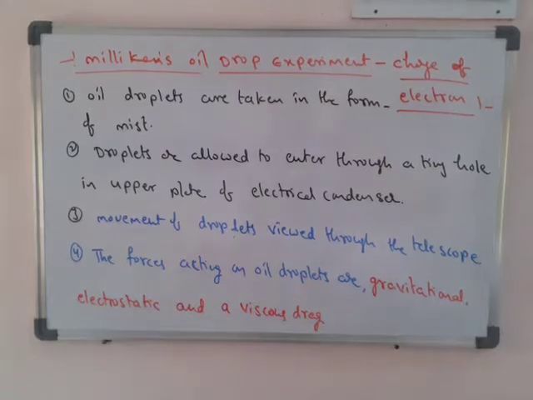These are the main points. With the help of this we can easily understand this experiment. See the first one: oil drops are taken in the form of mist, not exactly 100% liquid, to make their movement somewhat slow. The droplets are allowed to enter through a tiny hole in the upper plate of the electrical condenser. The movement of the droplets is also viewed through the telescope